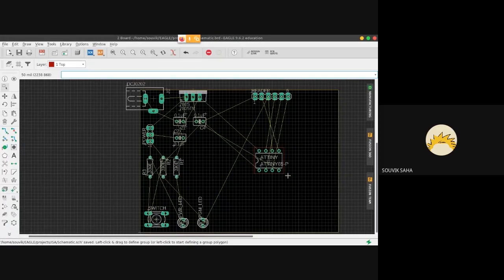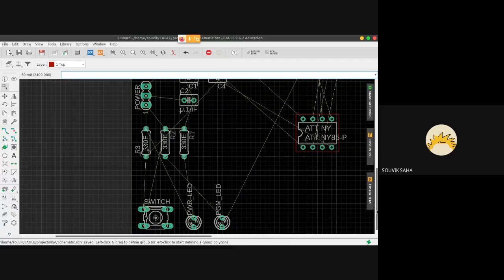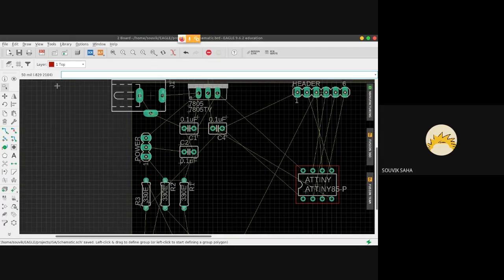So now our board is looking like a board, but now we have to tell Eagle exactly how the routing has to be done. There's this feature called auto router.